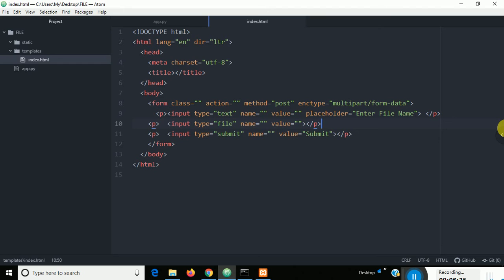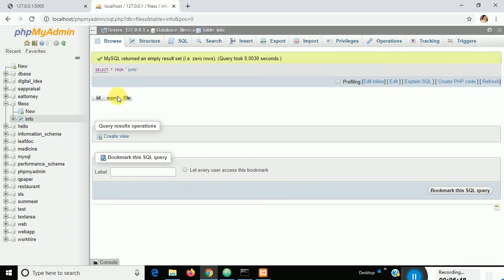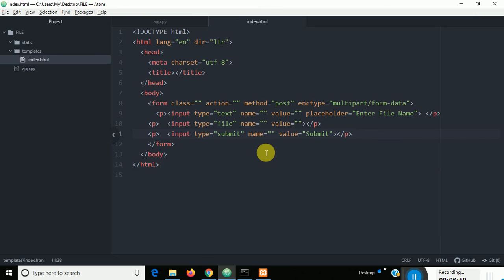So one is the text input, one is the input of type file, and another is the submit. When I submit it, the data has to move directly to this area in the database. Now I have created this.